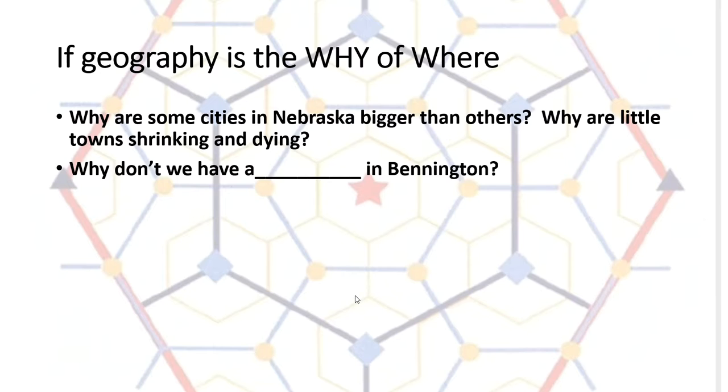Let me step back just a second. When I was a kid, Bennington was a lot farther away from Omaha. We used to be able to stand at the top of the hill by the big red barn and look at the lights of Omaha and say, wow, look how far away it is. Westroads was about the edge of town. Back in those days, Bennington had a grocery store and a hardware store, Dale's True Value, and Mangold's Grocery. But we had stuff in Bennington. Today, it's changed a lot.